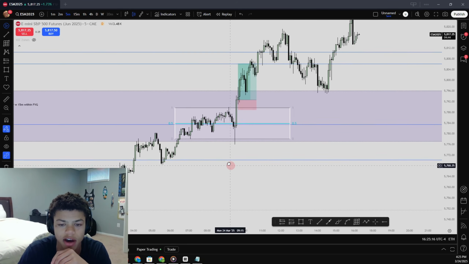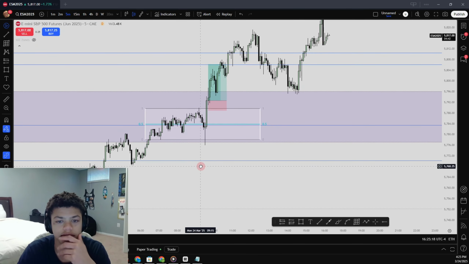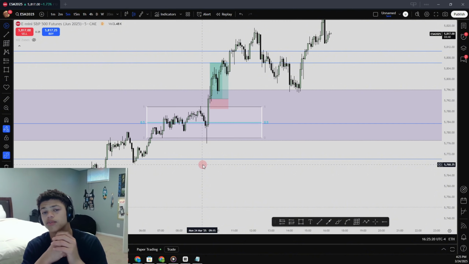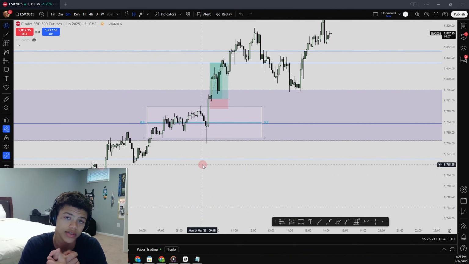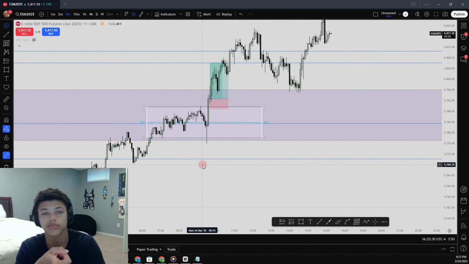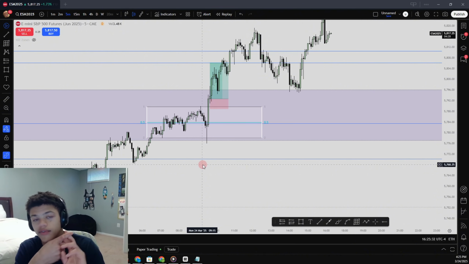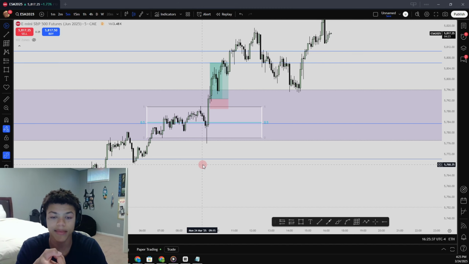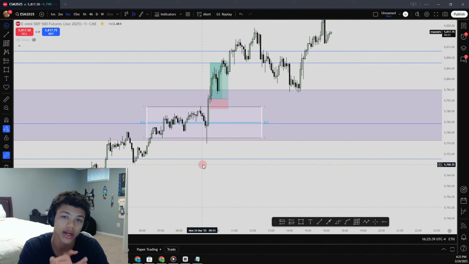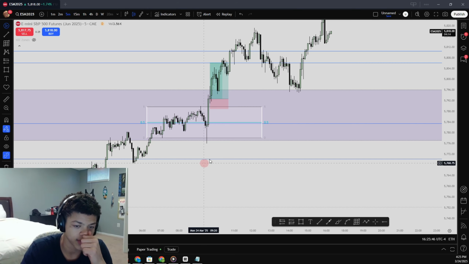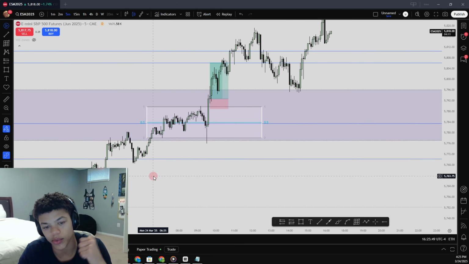Alright, so we jump into the 5-minute here. What do we see first? What are we looking for? We're looking for my 3-point model, liquidity sweep. Some form of liquidity being swept. It can also be added onto a confluence of a fair value gap being tapped or any of that, but some sort of liquidity being swept. Next, we got a breaker structure with a 5-minute close out of that breaker structure, and our draw on liquidity, or your target take profit, or whatever you want to call it.